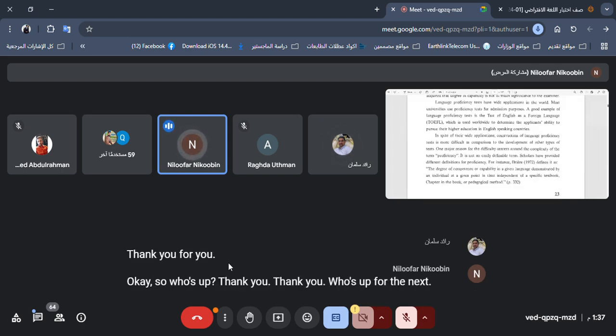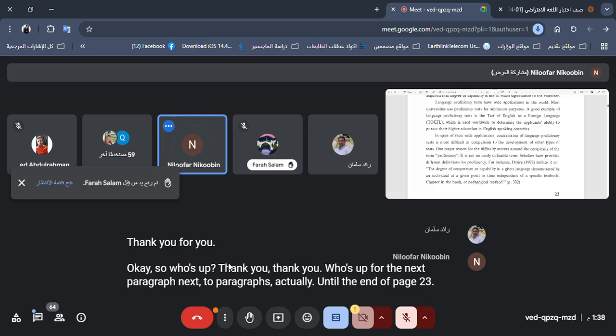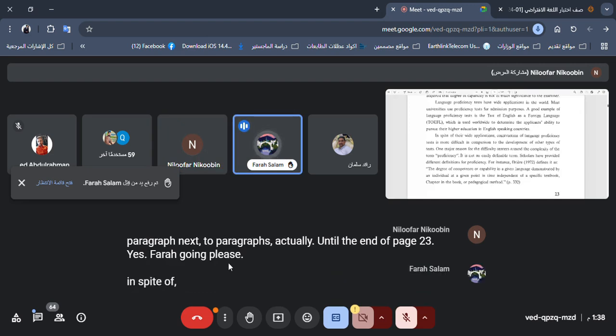Who's up for the next paragraph? Next two paragraphs, actually, until the end of page 23. Yes, Farah, go on, please. Okay. In spite of their wide application, construction of language